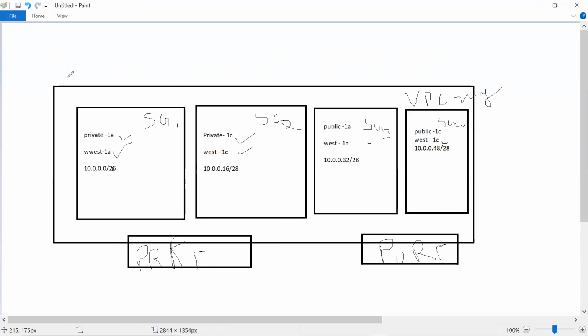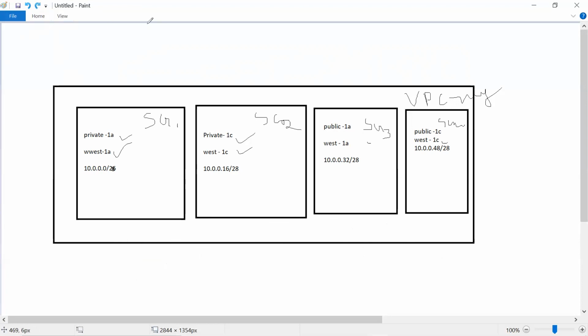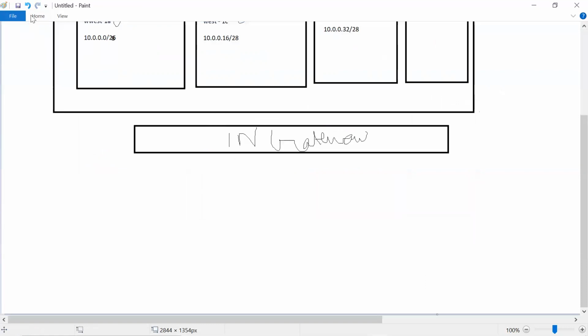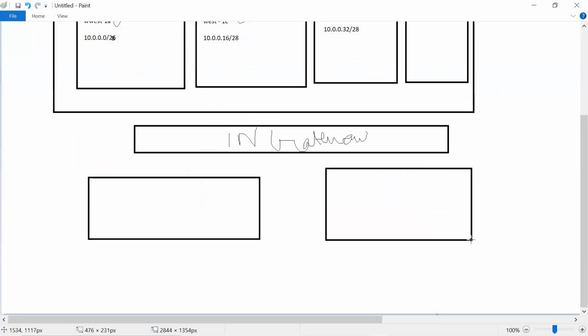I think I need to draw the diagram a little bit in a different way so that you will have access. This is IG, internet gateway, and then route tables for the private, for the public.